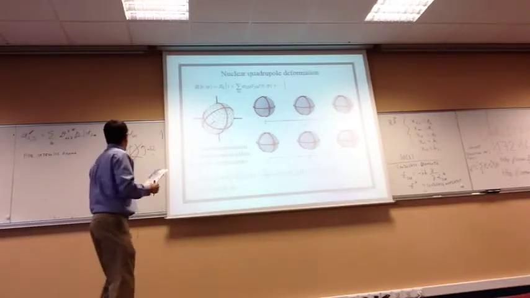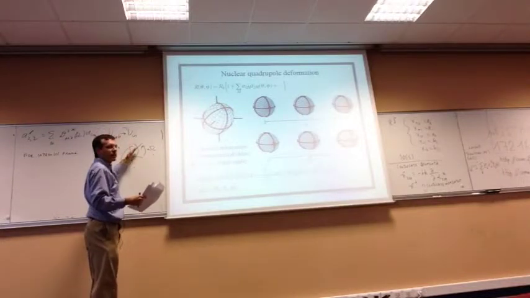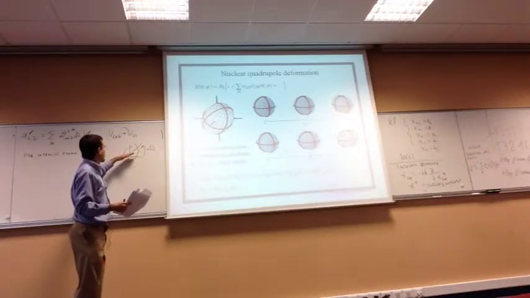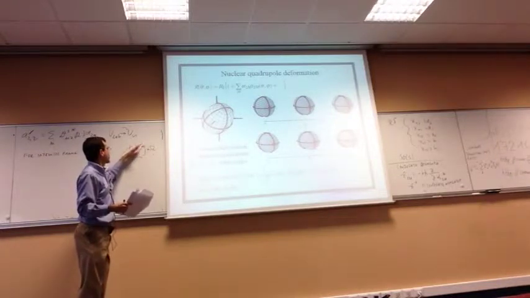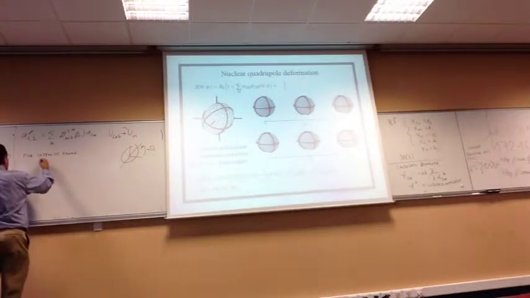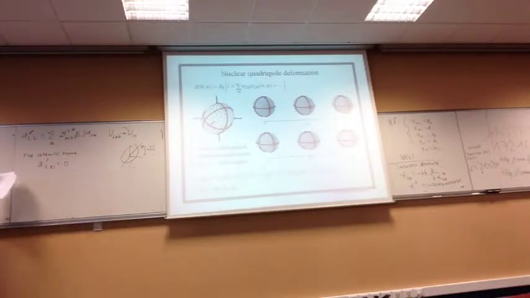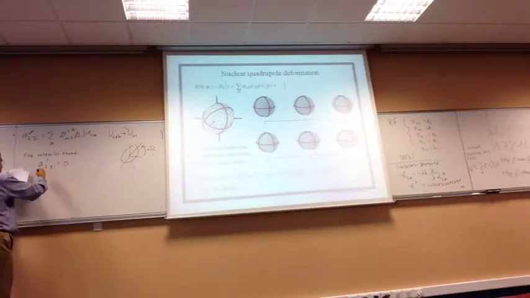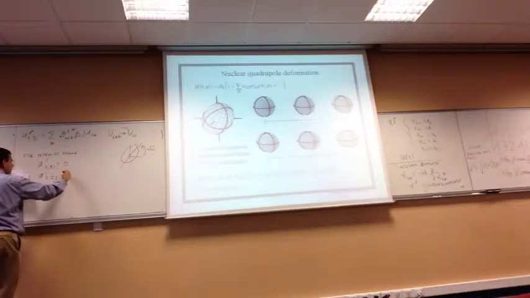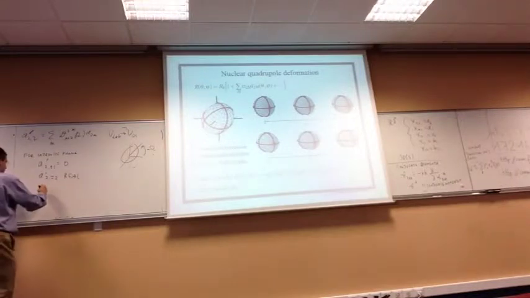There are a couple of things going on in the intrinsic frame. If you look at what the different spherical harmonics do, the Y0 and Y2s will give you things that are nicely aligned along the axes. It's the Y plus or minus 1s that will tend to give you a shape with its symmetry axis pointing out in some random direction. So basically, the conditions will be that A2 plus or minus 1 prime, so in the intrinsic frame, will have to vanish. That will keep our shape aligned along the axes. And also, it turns out that you need A2 plus or minus 2 being real. So that means in the intrinsic frame,